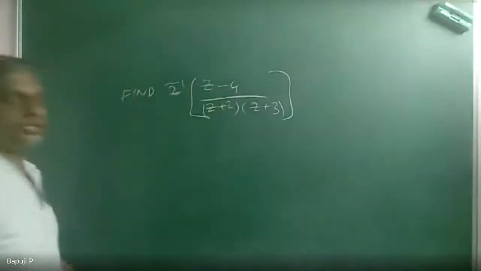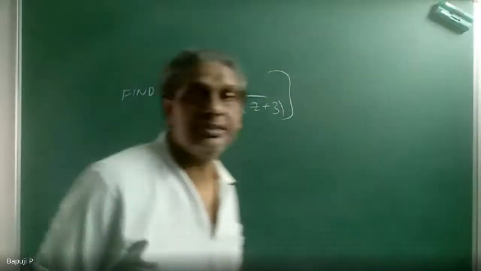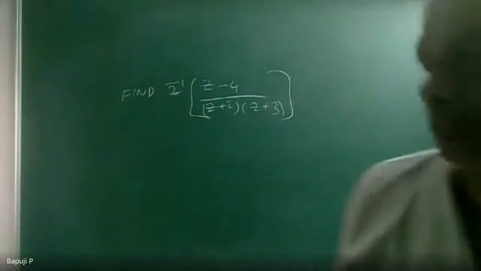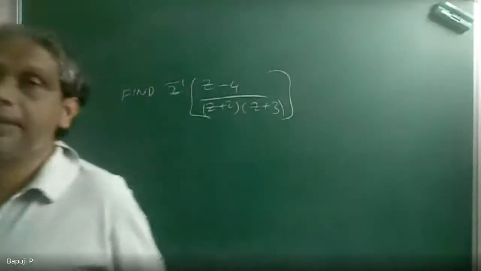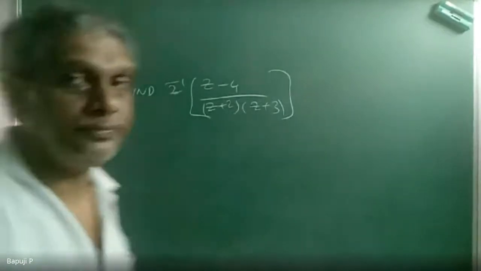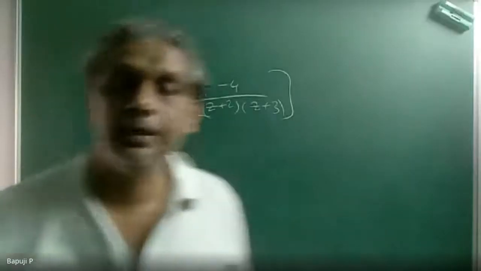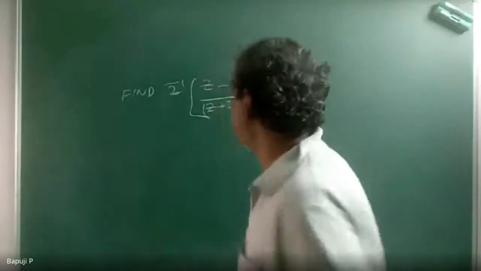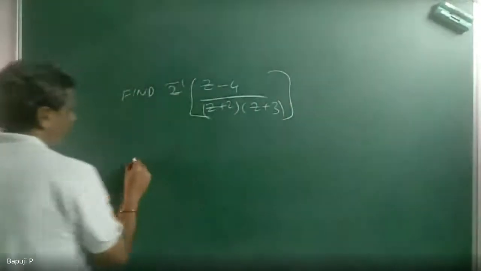So how can I write this? Which type will it come under? The denominator contains linear factors which are not factorized. Which type? Type 1. Correct? So how can I write this? This is equal to